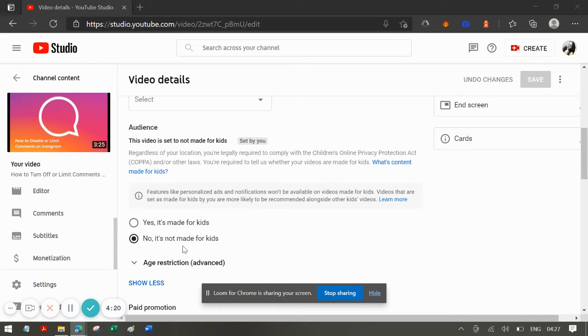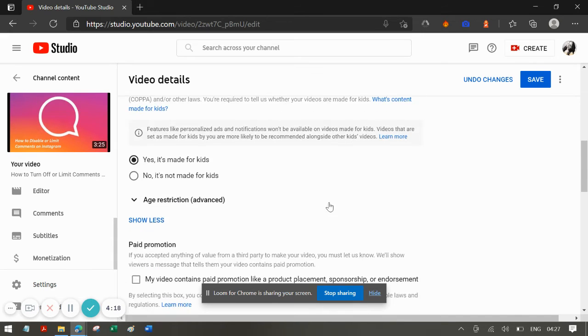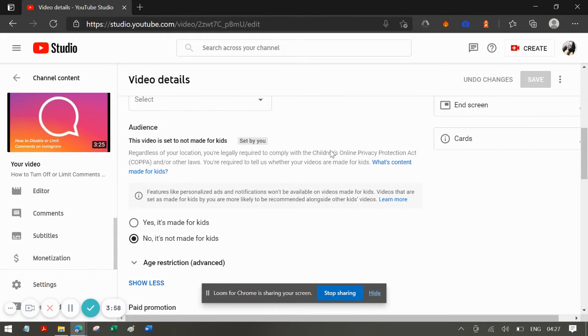So you can definitely read about those guidelines. If you click on this, it's not showing me, but I can definitely put a link in the description where you can follow that. Basically, your video needs to be something which is not for kids, or maybe you're not promoting that video for kids audiences. So this is the Children Online Privacy Protection Act. According to this act, YouTube is liable not to let any video be monetized if it is primarily made